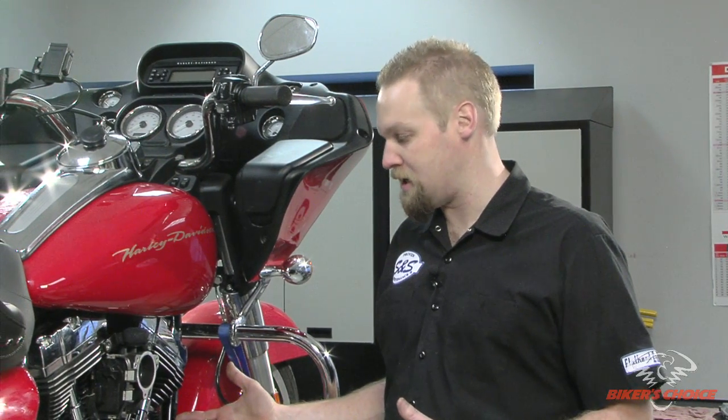We just finished the Stage 2 kit where we put in a 585 cam. We produced 87 horsepower and 89 foot-pounds of torque. And that's a 35% increase over what we started with on this Road Glide. So very substantial. What we're going to do next is the Stage 3 big bore kit where we put on